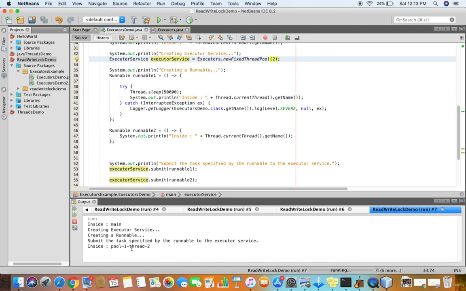So since we have the pool size of 2, from this line we used Executors.newFixedThreadPool(2). You can see although the first thread is executed and it is in the sleep mode, the second thread has the chance to execute and it prints inside pool 1 thread 2. The runnable 2 which we submitted here is executed, and once the sleep method is executed, you can see